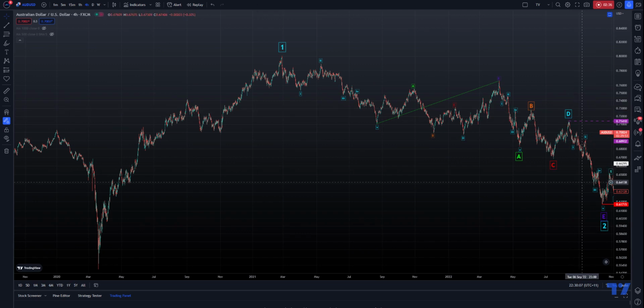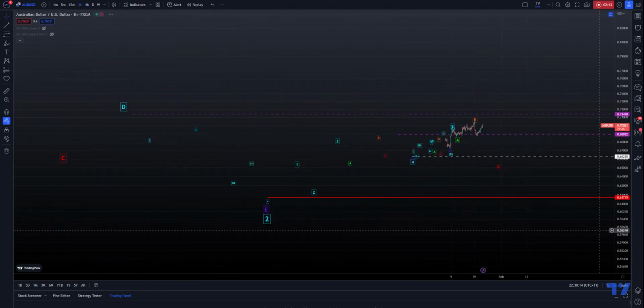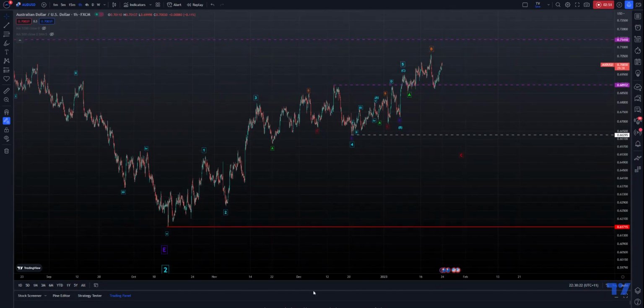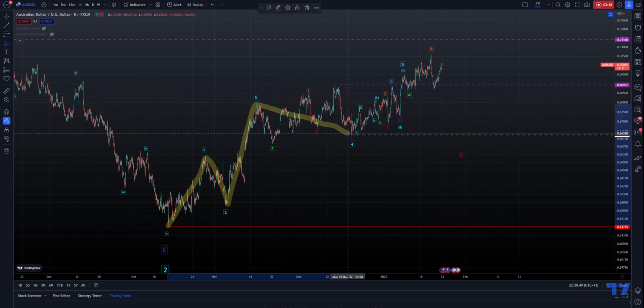Right now, the next count I'm going to show you is a count from the lows, which is basically indicating that the move up was a weak five wave move. Now, the weird thing about this weak five wave move is that waves 4 and 1 and 2 aren't overlapping, right? So the explanation behind it is we have a zigzag up, a corrective 2, like basically a short and sharp 2, a wave 3 zigzag up, an alternation wave 4, which is more drawn out sideways, and then this entire move up since basically the 20th of December was simply just another zigzag pattern,